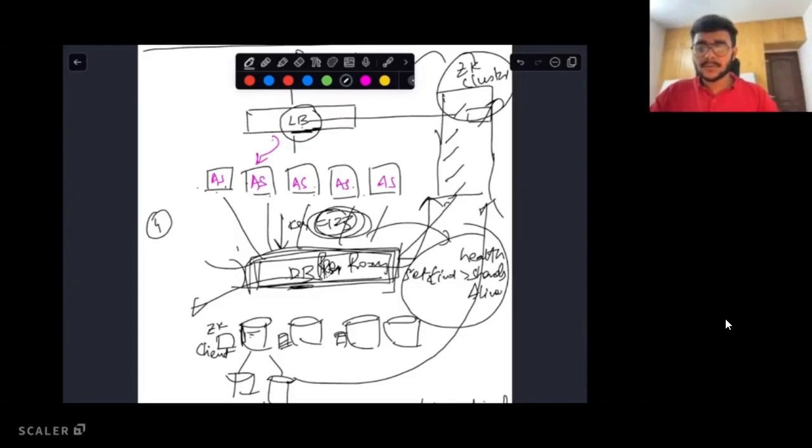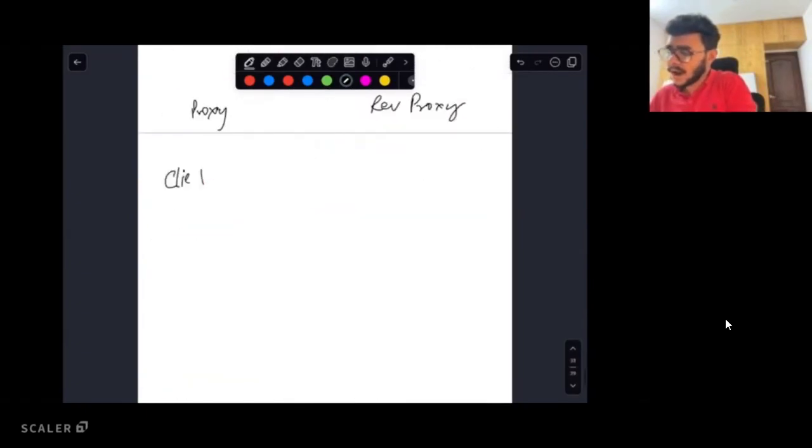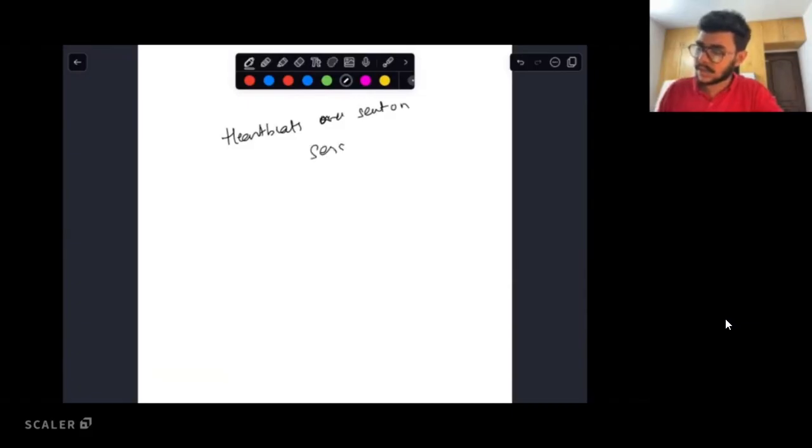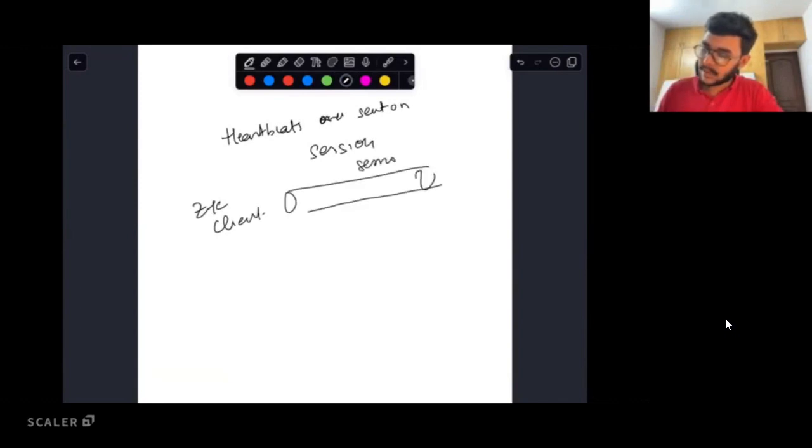If you are using a Zookeeper watch, then heartbeat is not even required, right? Zookeeper watch, no, they're two different things. Wait. Zookeeper heartbeats are sent on the session that is created, right? So let us say one Zookeeper client creates a session, and then heartbeats are being sent to the server.